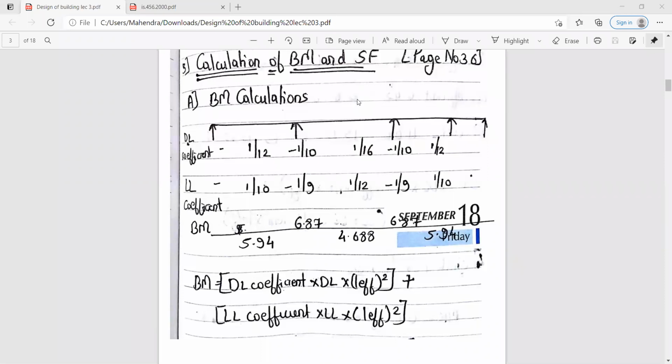Already in slab design in TRCS, you had done all these calculations for bending moment and shear force. In that you have designed the slab, both the slabs, that is the one-way and the two-way slab. After completing, let me know.